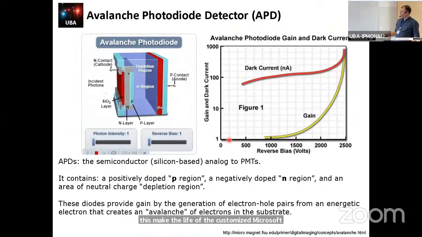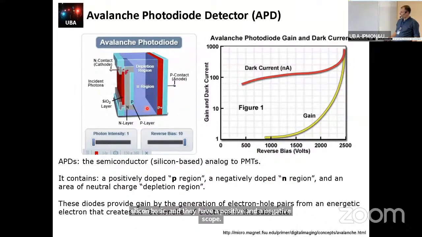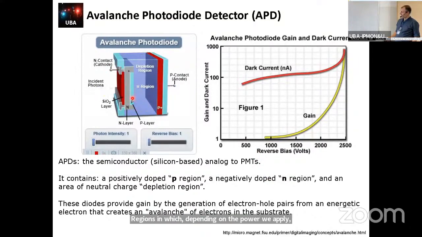In the avalanche photodiode, these are basically semiconductors, as I mentioned before, silicon-based, and they have positive and negative doped regions in which, depending on the power we apply, we can basically amplify from one photon many photoelectrons. And you can see here that applying a really long range in the voltage, we don't have that much dark current, which means basically dark noise. And these are very useful